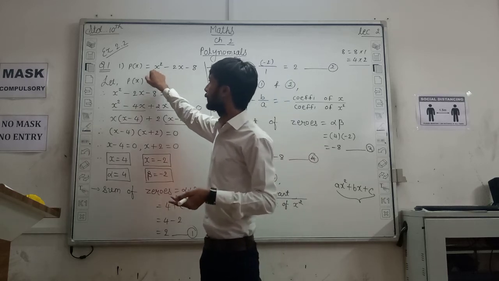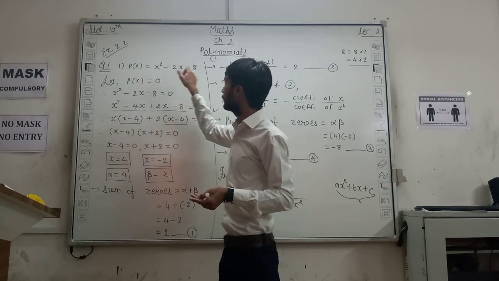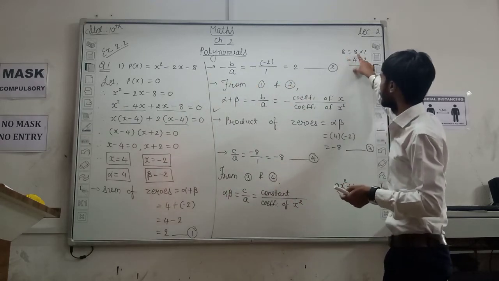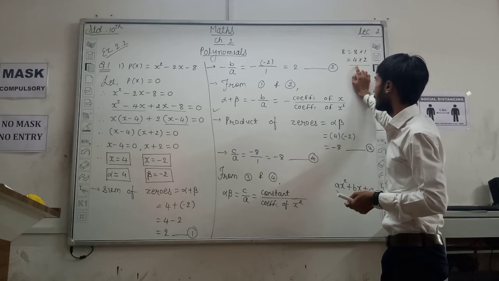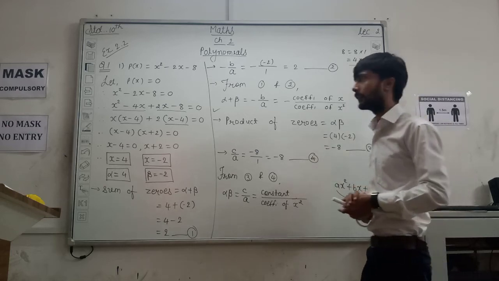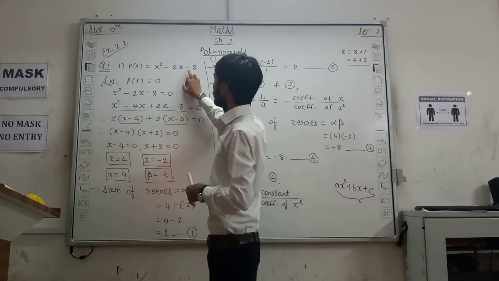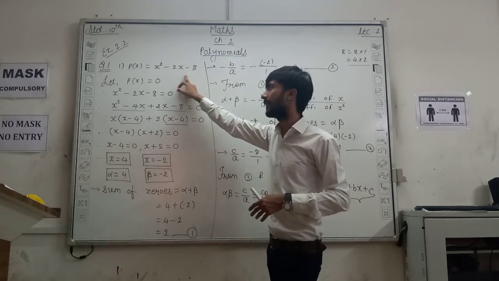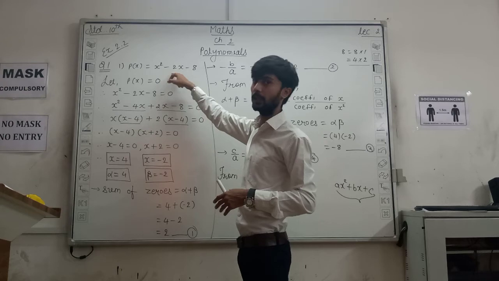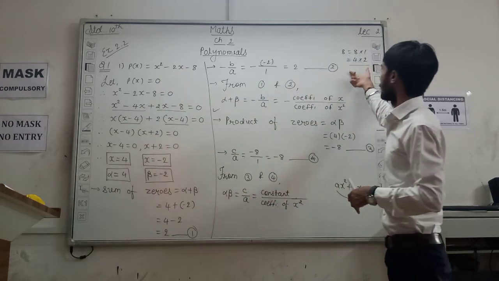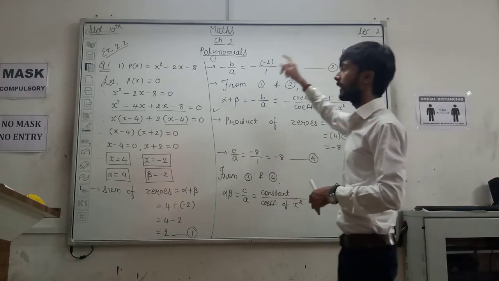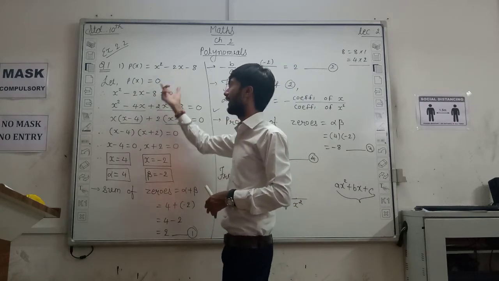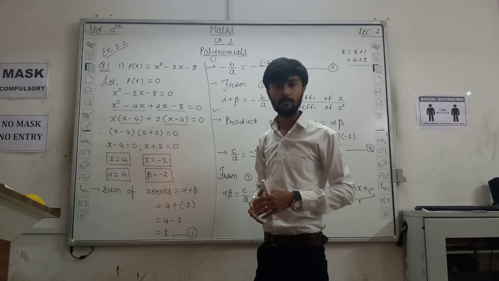Now here the coefficient of x square is 1. So 1 into 8, that is 8. So we have to factorize 8. Factors of 8: 8 ones are 8, and the second factor, 4 twos are 8. To factorize like this, the subtraction of the two factors should give -2x. So for the second factor, 4 twos are 8, 4 will be negative and 2 will be positive. So in place of -2x we write -4x plus 2x.